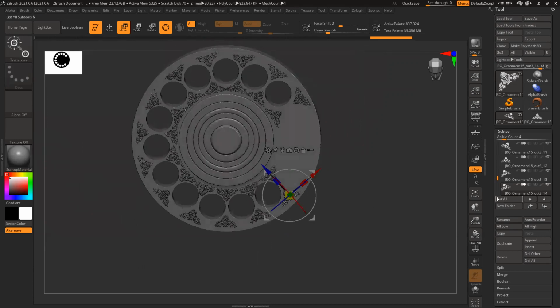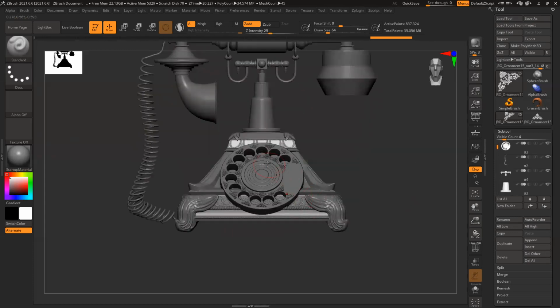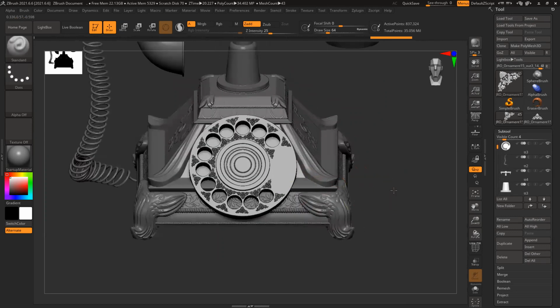Okay, most of these things are done. Still, I have a lot of design to work on. That dialer, that lock, I haven't created in low poly, so I have to create it. And I can see this design continues, and that lock also I have to create. Let's create the lock quickly. So that lock is on this surface.